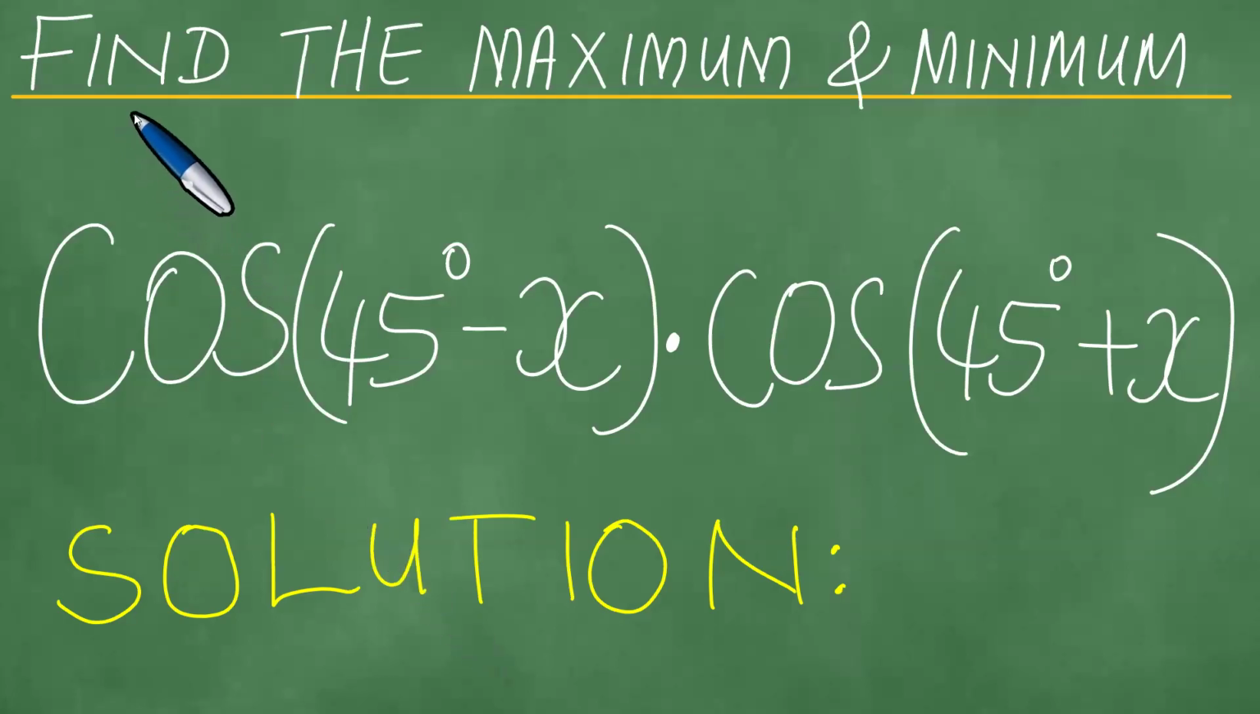Right, we need to find the maximum and minimum values of the particular expression given at the bottom here. And we present a solution to this problem in a step-by-step fashion as follows. Right, so we start and say we have been given the cosine